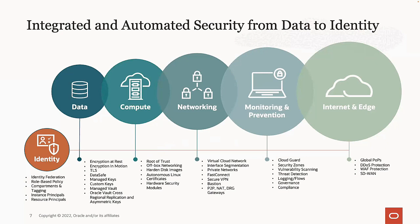Understanding the access that someone has as part of a role, or a service has as part of a policy that's applied to it. It really becomes understanding what is the total allowed permissions and scoping that to be as small as humanly possible. Exactly. Once you have that identity and access set up, right, we can start to talk about the